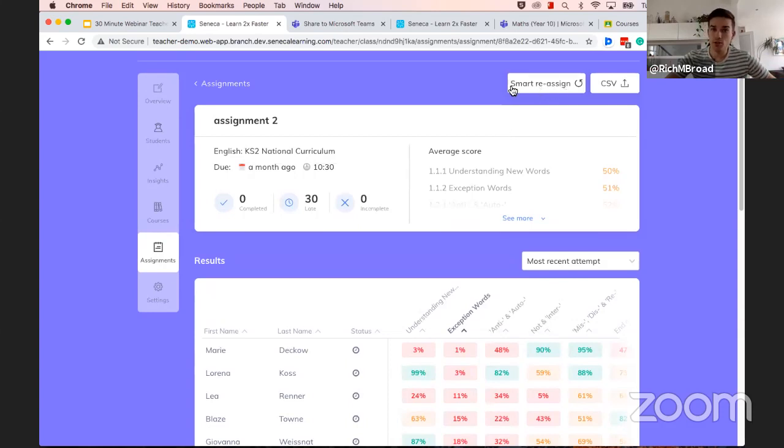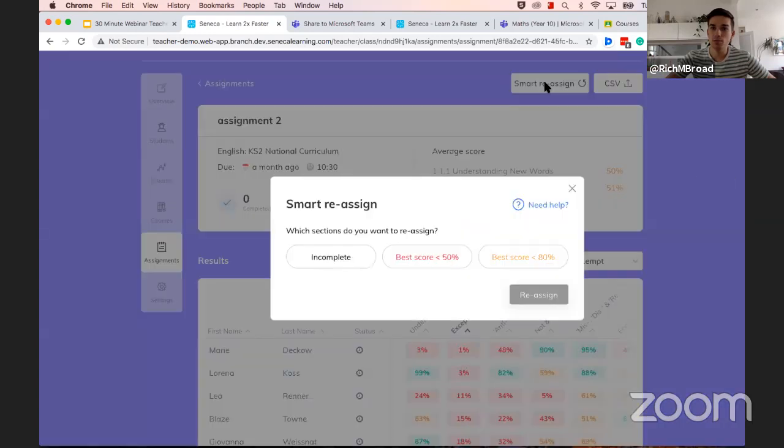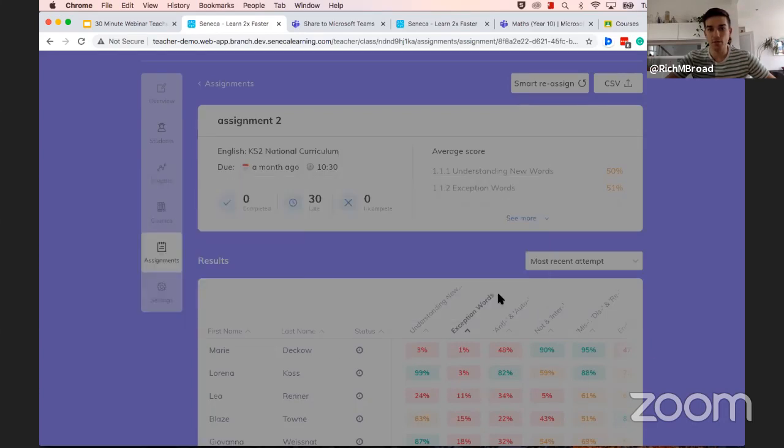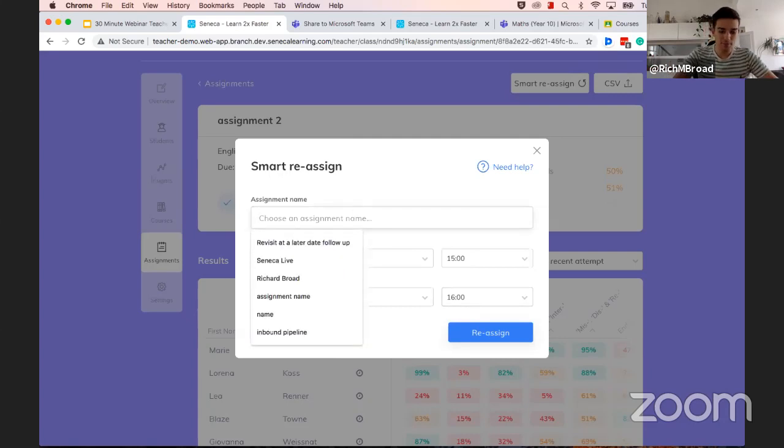So what you can do is use this smart reassign button. And based on the data that you are showing, you'll be able to automatically reset work for your students. So I can basically say, okay, for all the students that either didn't complete a section or got less than 50% on a section, I want to reassign this work. And you can select as many or as few of these options as you want. But I just click reassign at the click of a button, once I've given it a name,